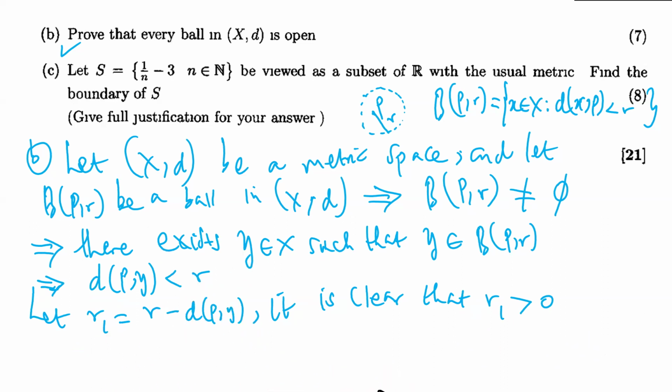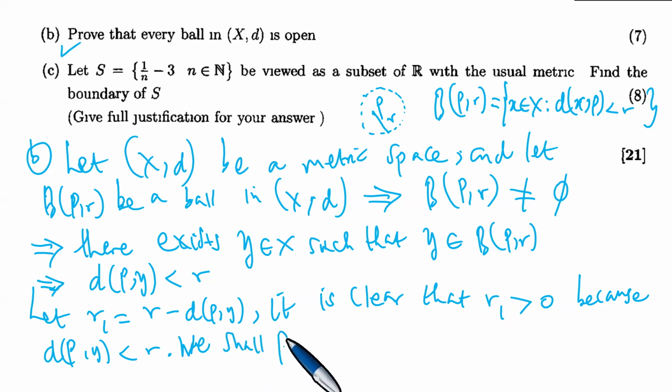It is clear that R1 is positive because the distance between P and y is small. We shall prove that